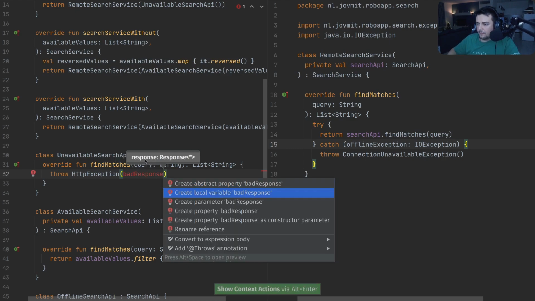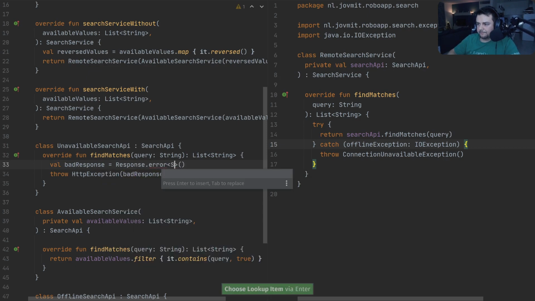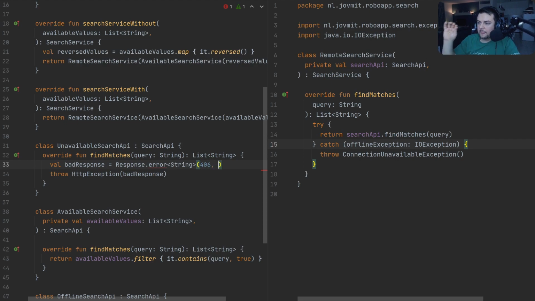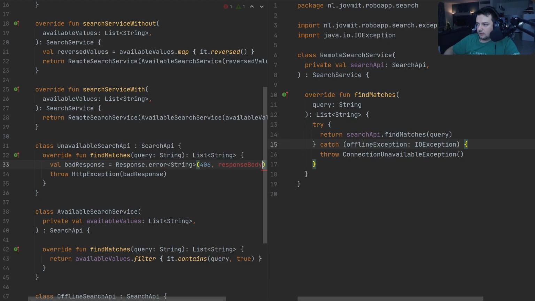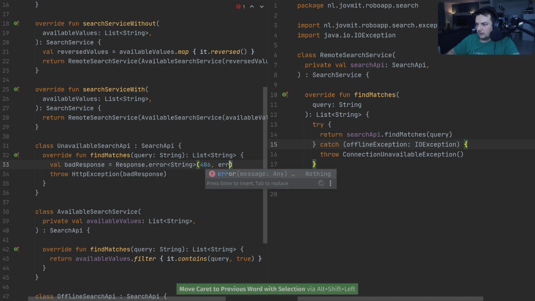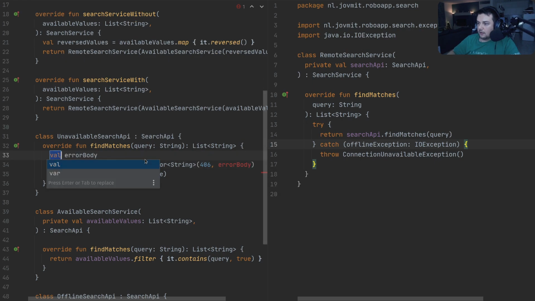And a bad response is going to be a response error, which will have, let's say, 406. That means the query is unacceptable, and that would be a response body, or maybe error body to make it more clear. That's also a local variable, and that's gonna be